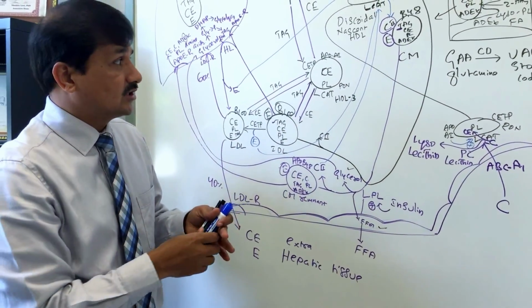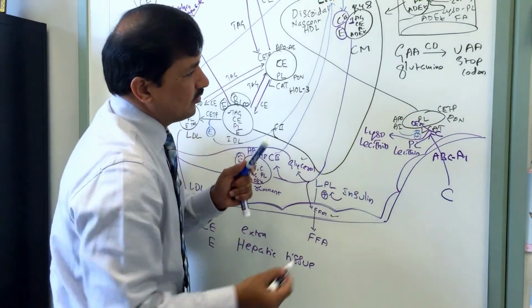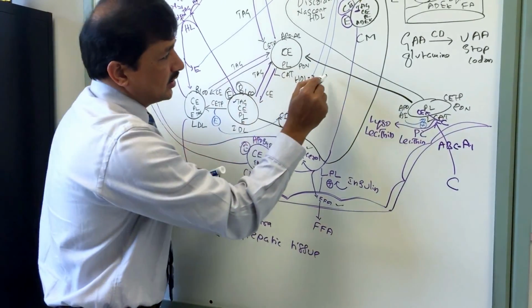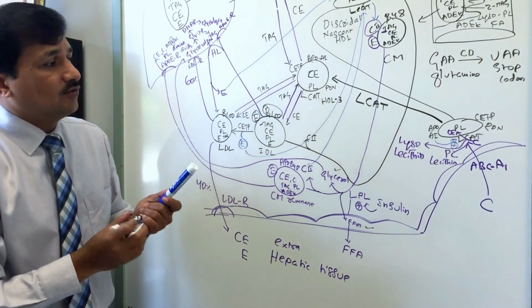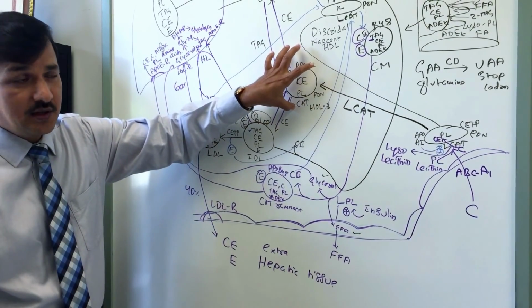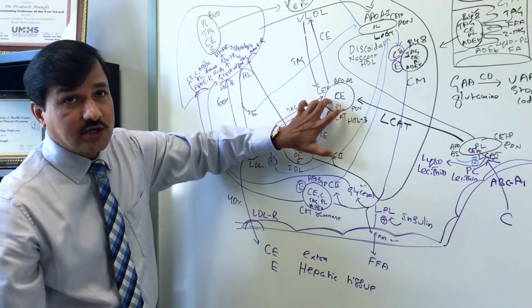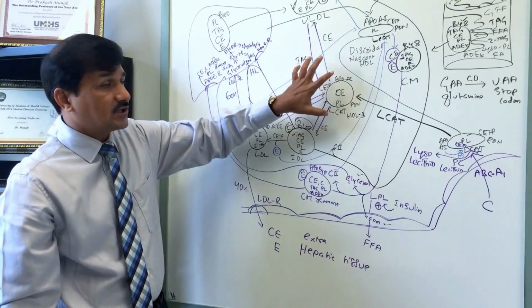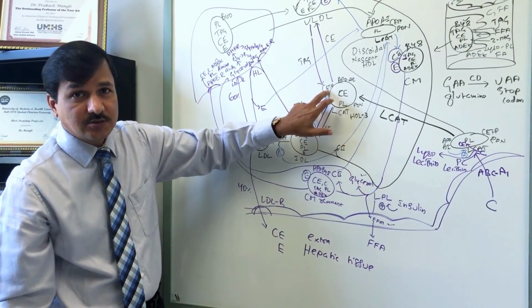That's why it's going to change its shape. Basically, your nascent discoidal HDL molecule will be converted into HDL3 because of the continuous action of the LCAT enzyme. That is the enzyme responsible for conversion of nascent discoidal HDL into HDL3. Because of this, your HDL3 has become rich in cholesterol ester, and this cholesterol ester present in the HDL3 is now ready for exchange done by CETP, which I have already explained previously.